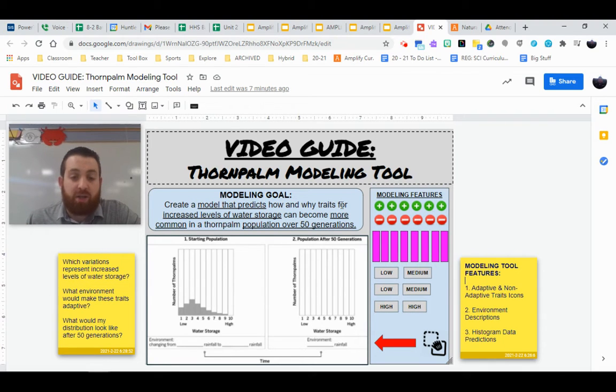Now you're going to predict how and why traits for increased levels of water storage. So taking a look at our starting population, think to yourself, which variations in here represent those levels of water storage? Because you're going to need to show how and why traits for increased levels of water storage become more common over time. So we need the increased levels to become more common. So think to yourself, what environment would make these traits adaptive? In order for these traits to continue existing in our population over time, they need to be adaptive for a